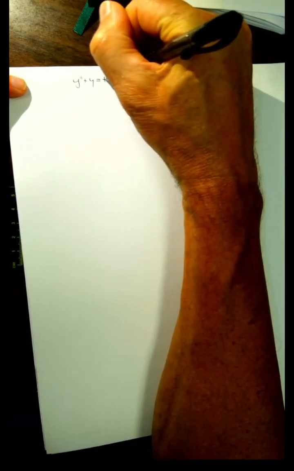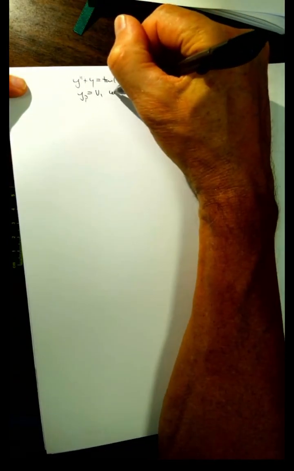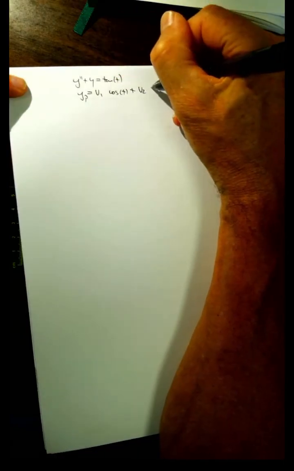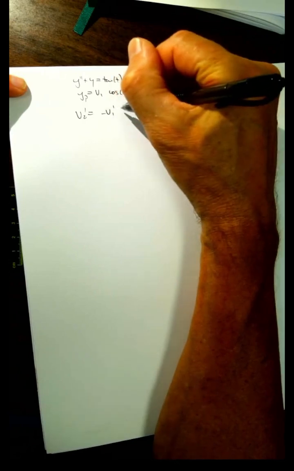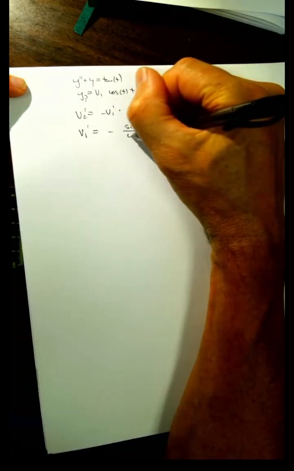All right, so let's see, what do we have? We have our differential equation, y double prime plus y is tangent. We said that our solution is v1 cosine t plus v2 sine of t. And we had that v2 prime is minus v1 prime times cosine t over sine of t. And we just figured out that v1 prime is minus sine squared over cosine of t. So I can plug that straight into here,